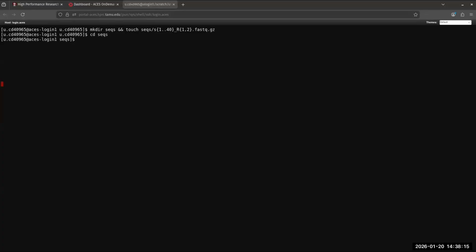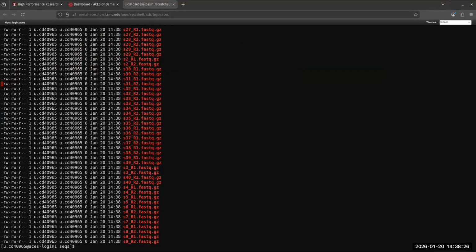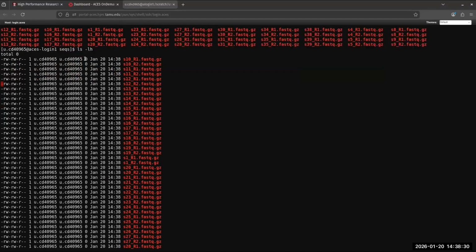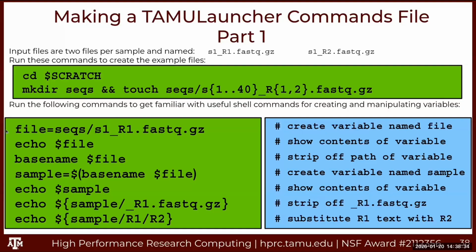Let's go into the seqs directory. And then you can see these are just some blank files, empty files it created. You can do ls -lh and you can see the size of these files is 0. There's nothing in these files. All right, so